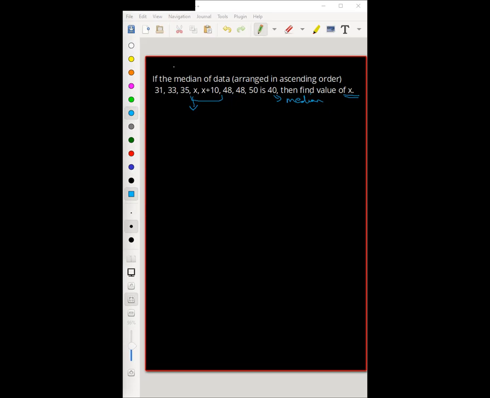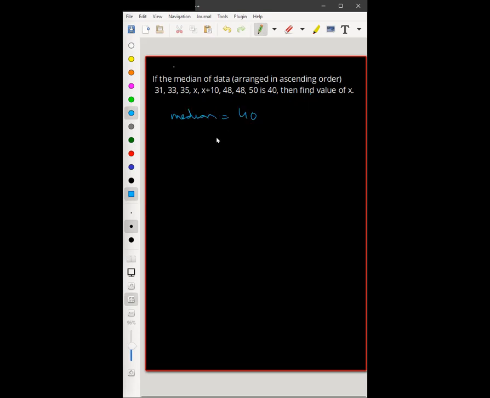Siddharth, unmute yourself. Yes, sir. Tell me, what do we do? Sir, first we will write what we have. So, sir, n is 8 and it is even. So we will use the formula of median: the mean of the n by 2th and the n by 2 plus 1th observations, the whole thing upon 2, will be the median. So what is the n by 2th observation? It will become the 4th observation.